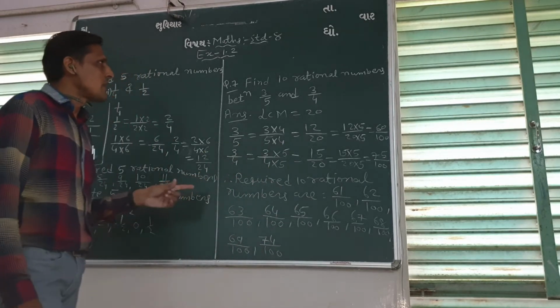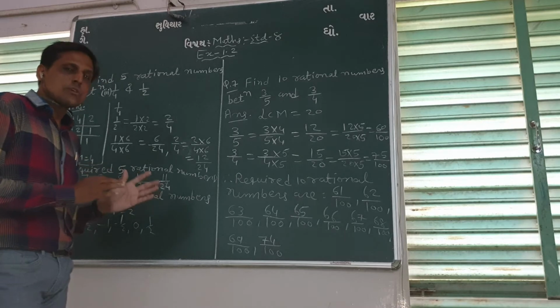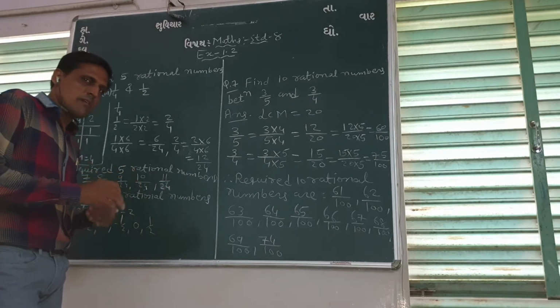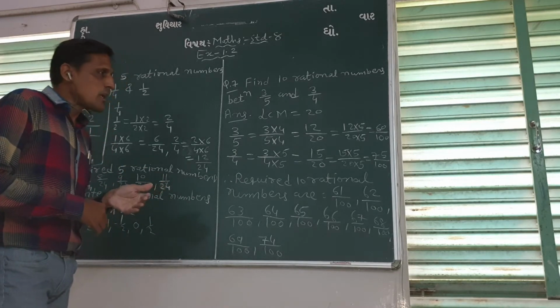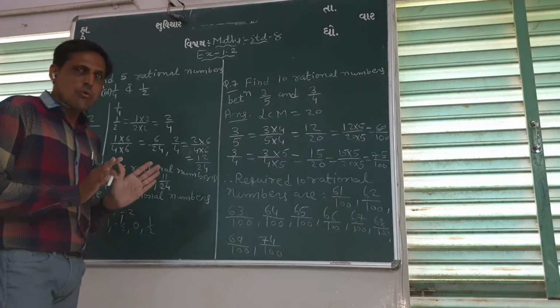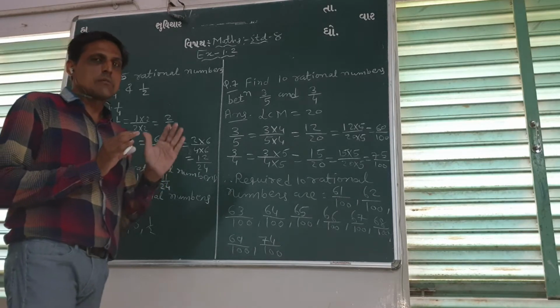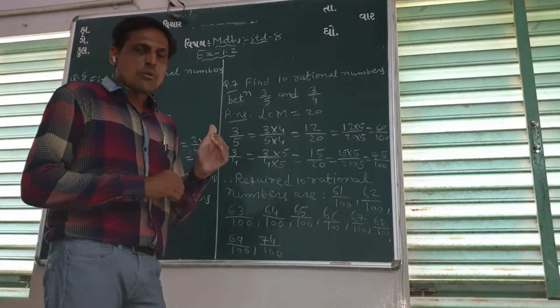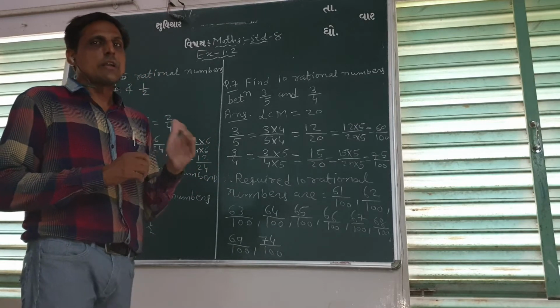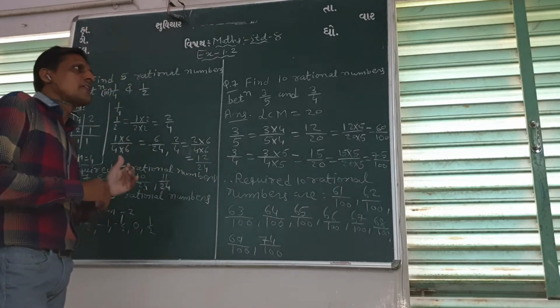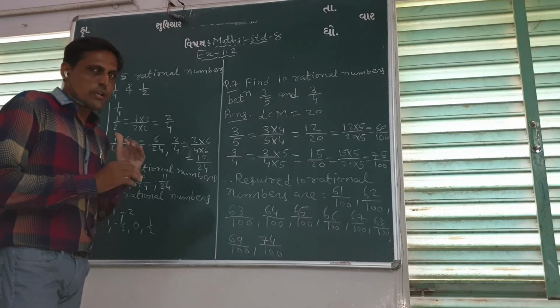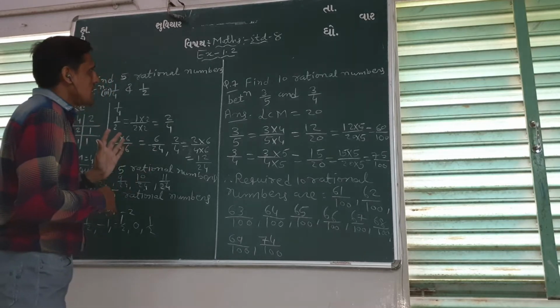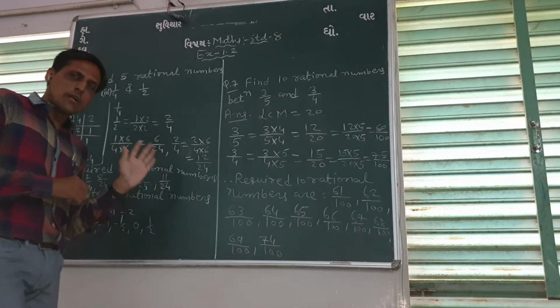Okay, after this we will write the main points of this chapter, and then we will start a new chapter. This chapter will be over now, and we will write its main points to remember, which are written in your textbook. That also we will write in our notebook. Okay, you write down this one.